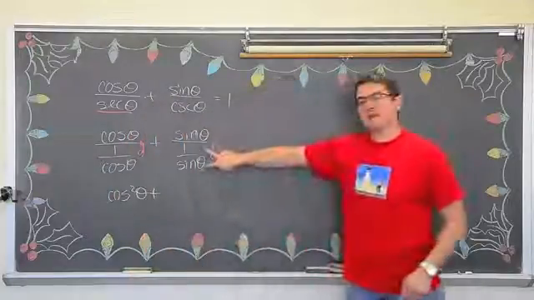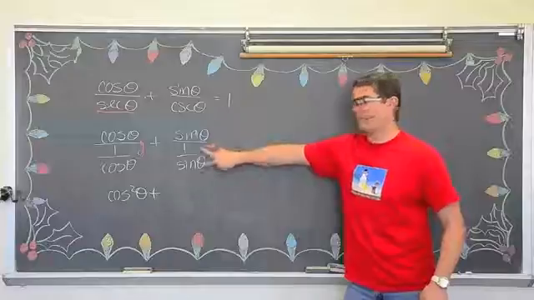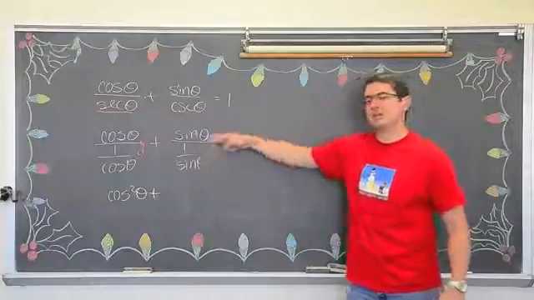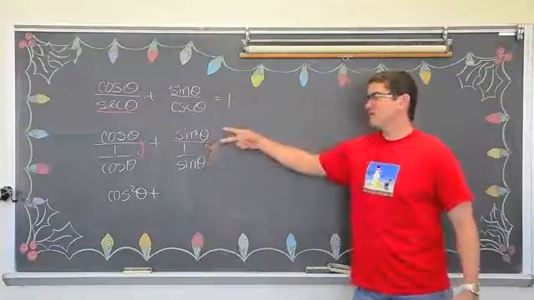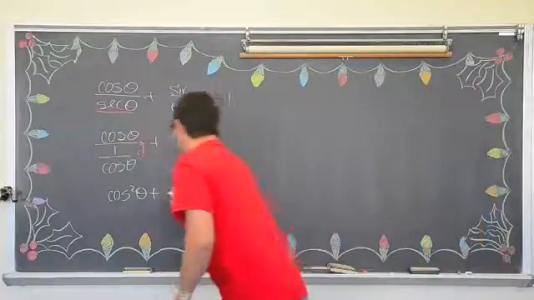plus, again, this bottom is going to flip up. You're dividing by a fraction, so you multiply by the reciprocal. So sine times sine is sine squared. And